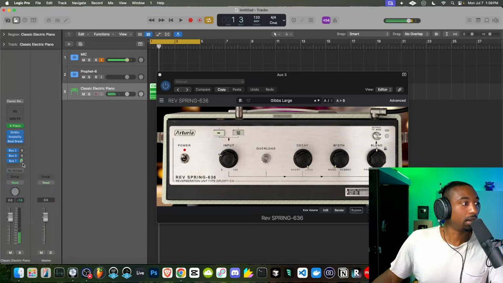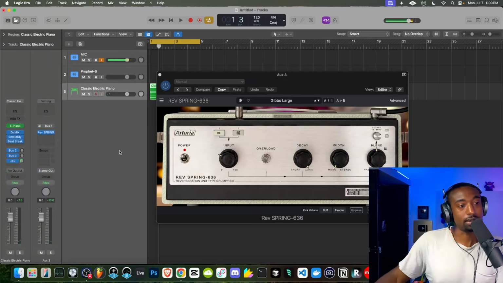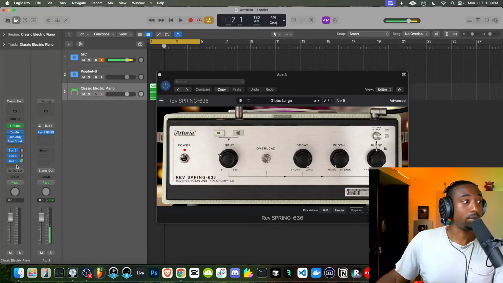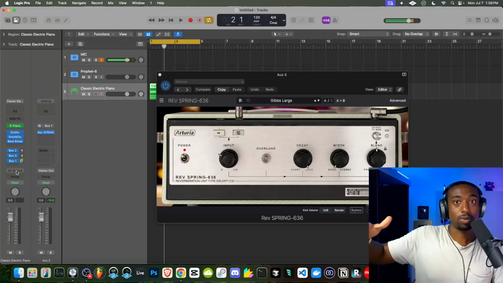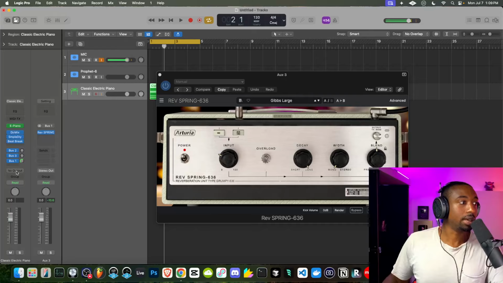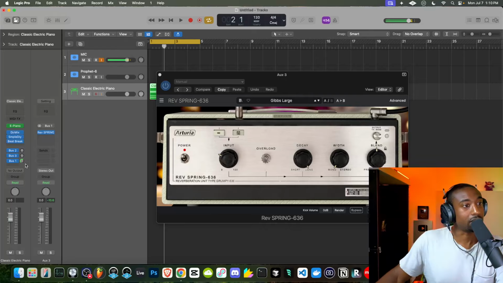Let's take off the output. And so now we can only hear the sound running through the spring reverb. So another technique I do is I'll turn off the direct output and I'll just use buses running through full effect so that we're basically hearing the sound just kind of like in a different dimension.